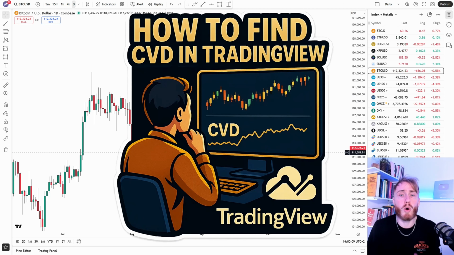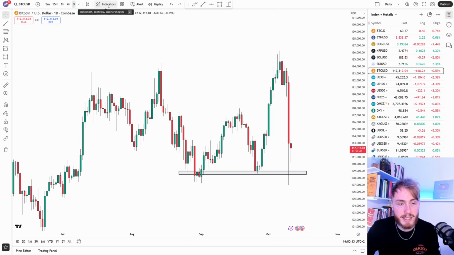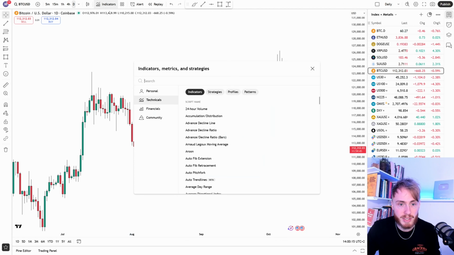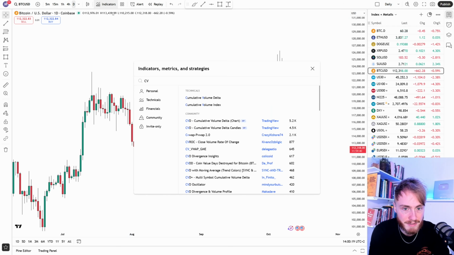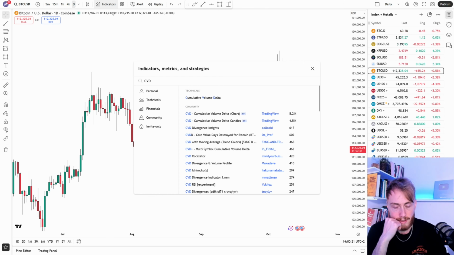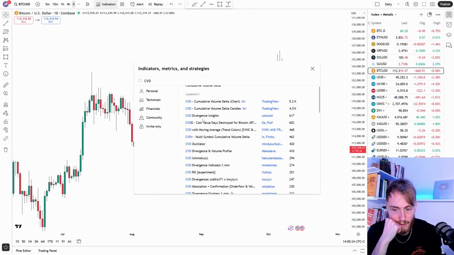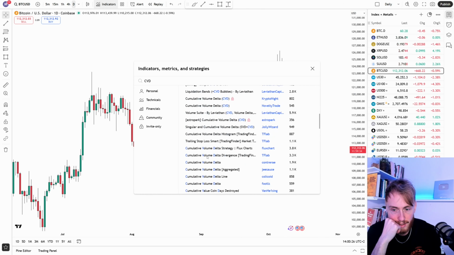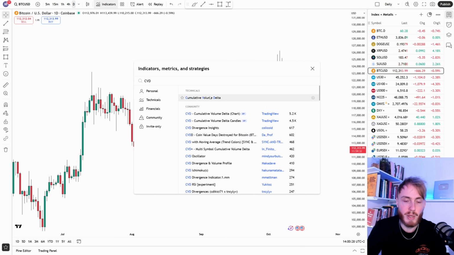But now, how do we open up the CVD indicator? Well, to do that, we go to the Indicators tab in TradingView. You press right here, and you search for CVD. Then you can see that we have a built-in indicator called Cumulative Volume Delta. Some traders use that one, but that is not really my favorite indicator. What I like is one called